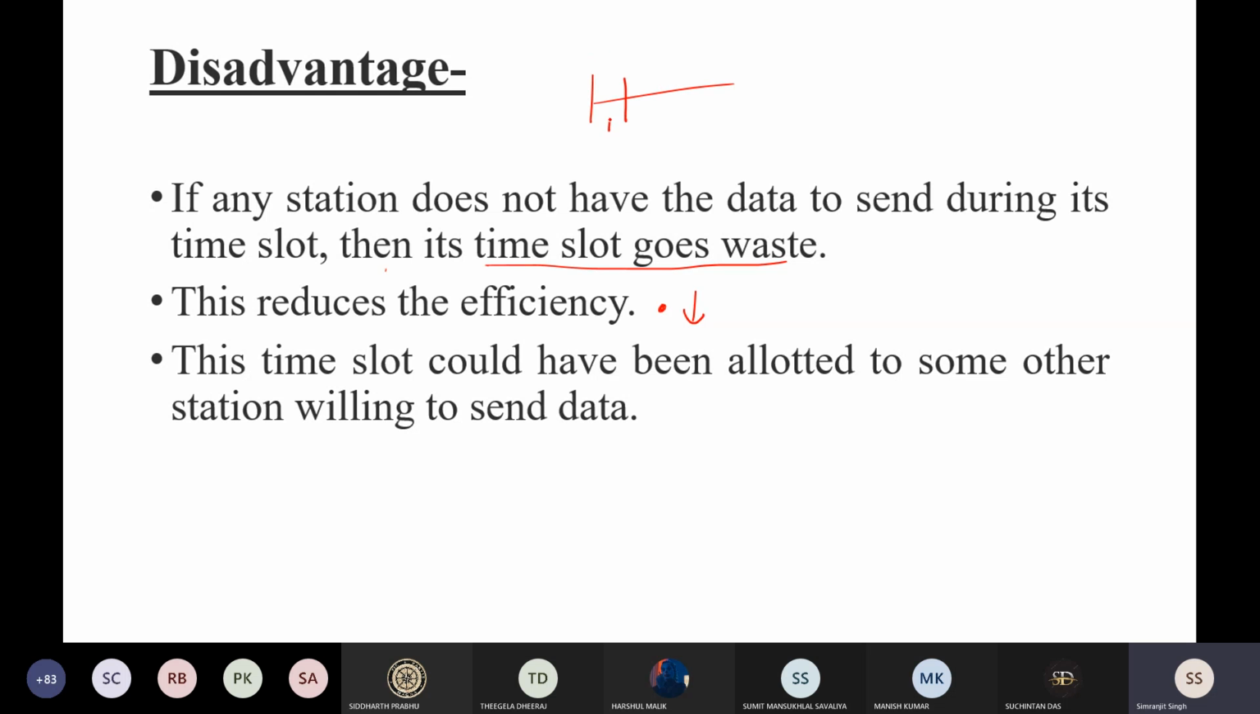Suppose in this workstation, 1 has some data to send, 2 does not have any data to send, 3 does not have any data to send, and 4 does not have any data to send. But 1 has the data to send, but again it has to wait for this much amount of time to send the data again. So what is this time here? That is your TT plus TP here. Okay, so 1 has to again wait for 3 into TT plus TP amount of time to send the data